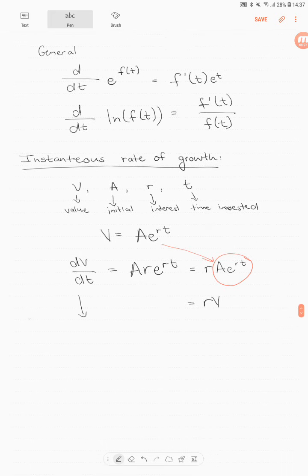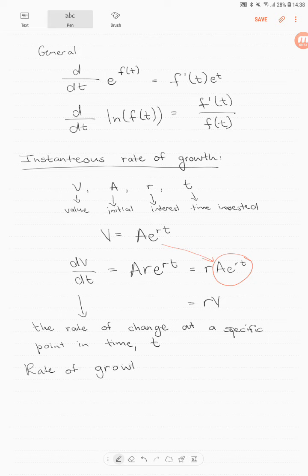So this derivative gives us the rate of change at a specific point in time, t. The rate of growth, or the instantaneous